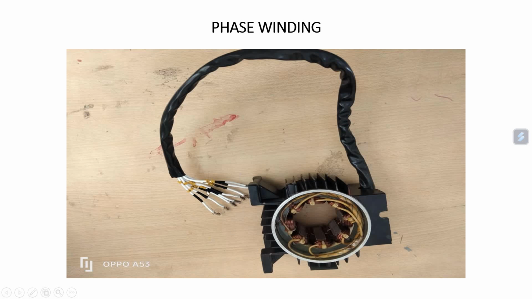So 8 of these wires are available, but we know from the switch reluctance working principle that opposite poles form one phase. Okay, opposite poles form one phase. That means the two wires coming from opposite poles will be connected to the supply of 48 volt DC and act as one phase.